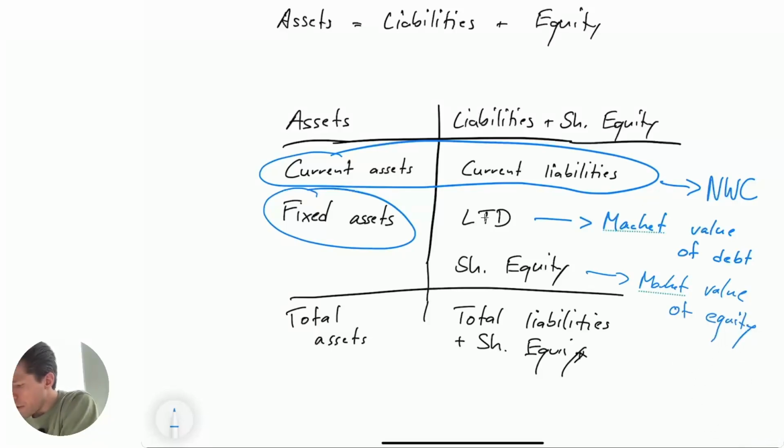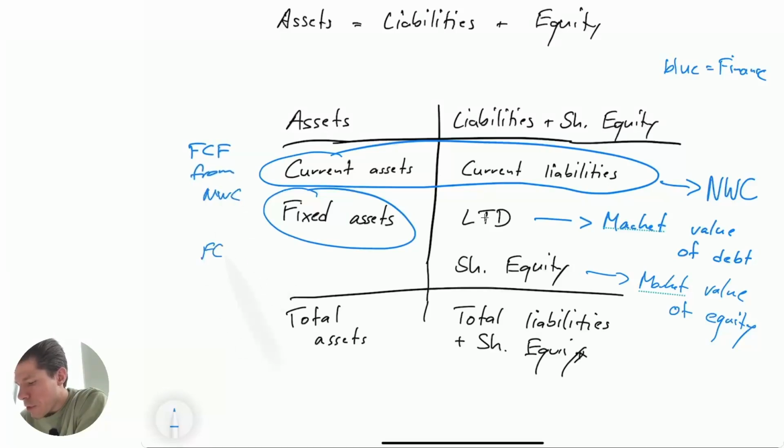Yeah, not from an accounting perspective. The blue one is more from a finance perspective. And what we do as well is here we basically calculate the free cash flow from net working capital and the free cash flow from fixed assets. And that's to basically derive to our